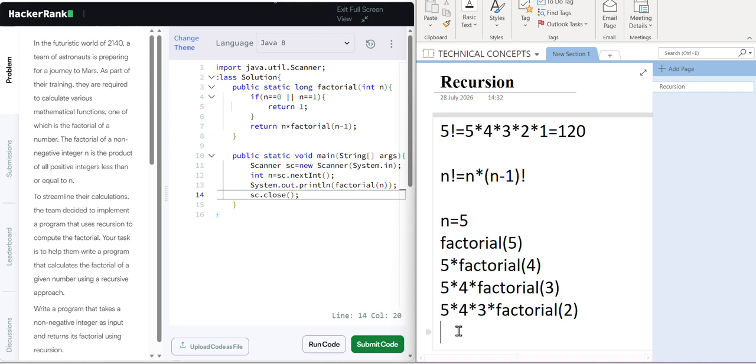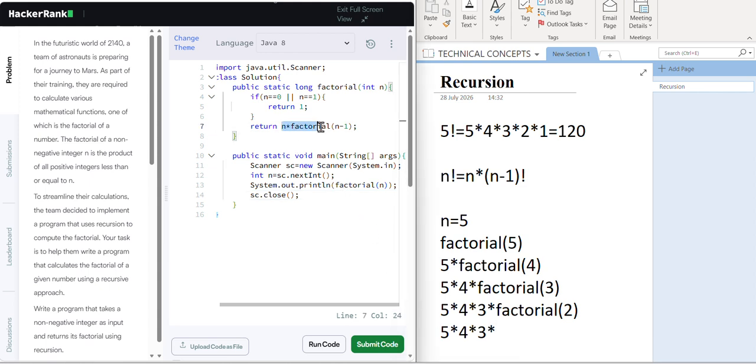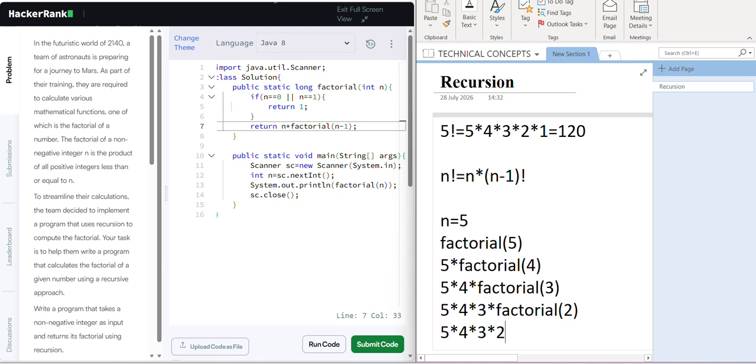See, what do we have now? 5 into 4 into 3 into n. The n value is 2, so 2 into factorial of n minus 1. N minus 1 means 2 minus 1, and 2 minus 1 is 1, right?